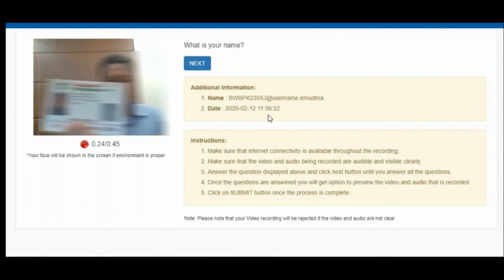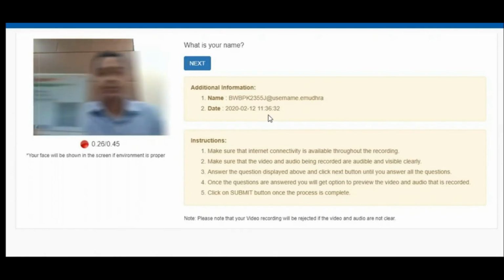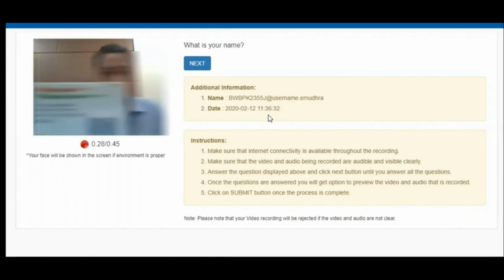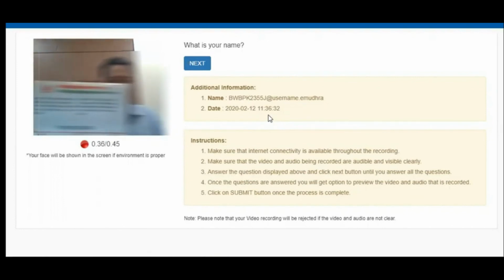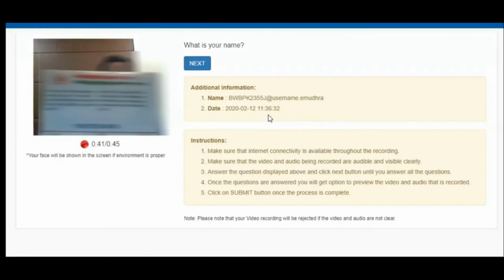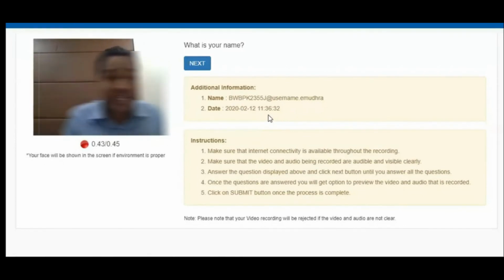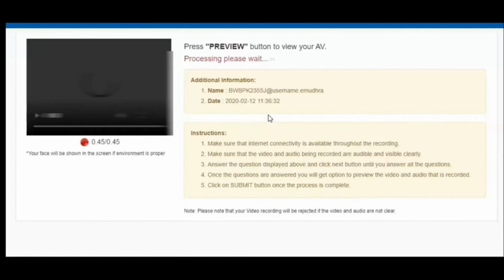This is my Aadhaar card. This is the front side of my Aadhaar card, and this is the back side of my Aadhaar card. Clear? Yes, e-sign. You have to say yes, e-sign.